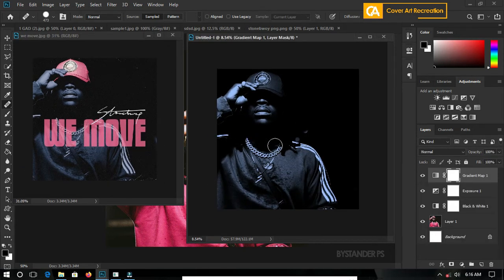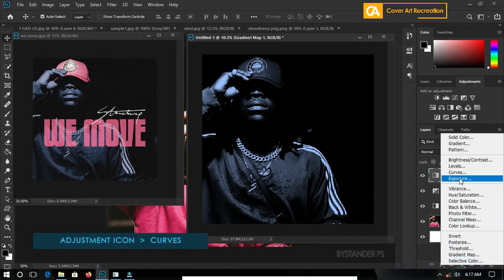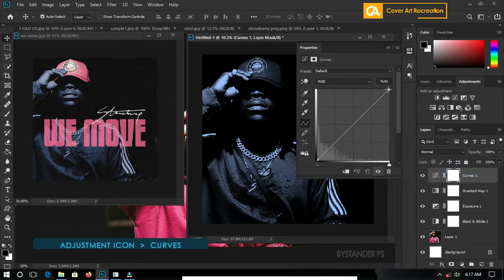Okay, so now let's proceed. We are done with that kind of effect, but still, if you don't feel like it's okay for you, you can still make changes. All right, so now as we apply this effect, you can see that we've lost some of the brightness in this image. So now let's click on this adjustment layer icon again, click on curves, and this area will increase